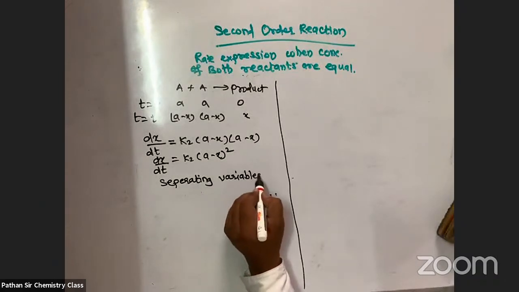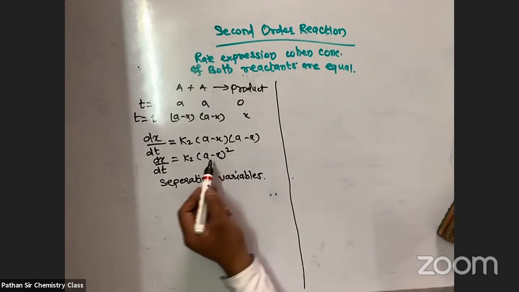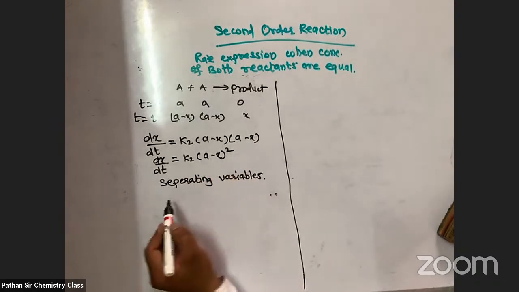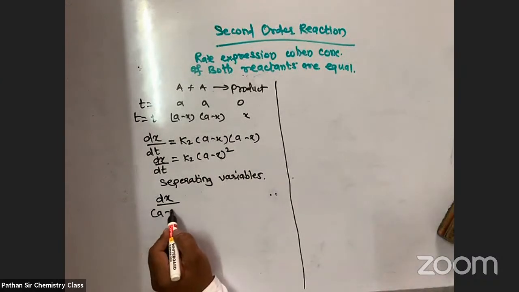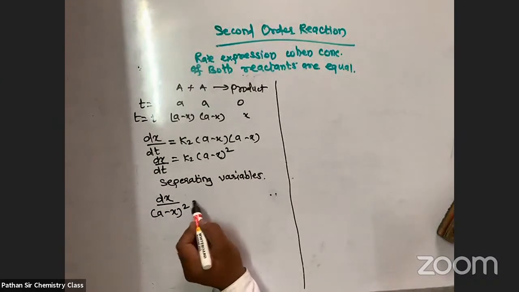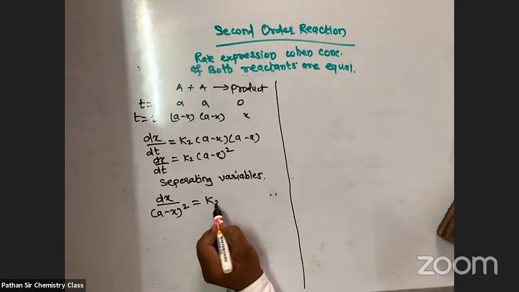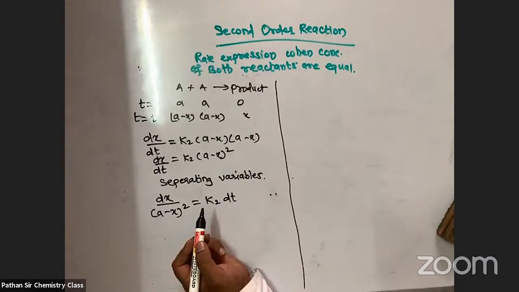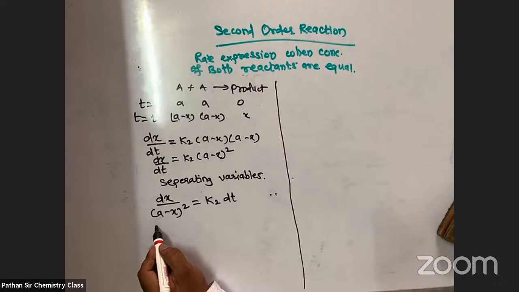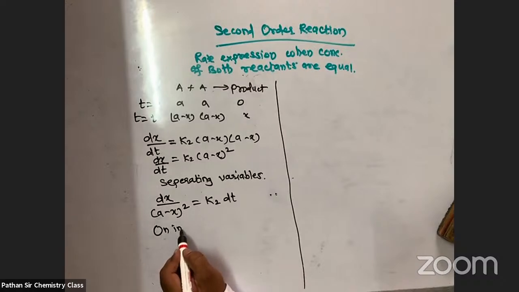Separating variables. The x terms on one side, the t terms on the other side. So dx upon (a minus x) to the power 2 is equal to k2 into dt. This is the separation of variables. Then next, once the separation is done, on integration. So on integrating,